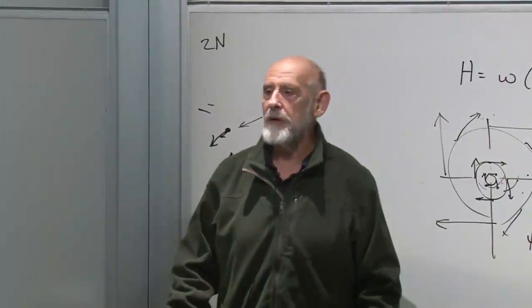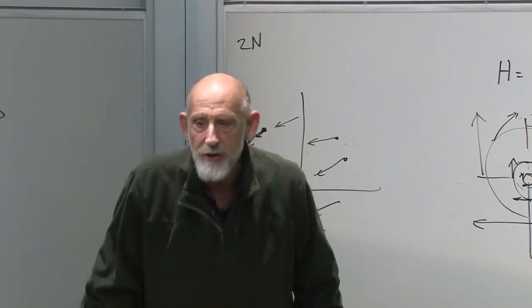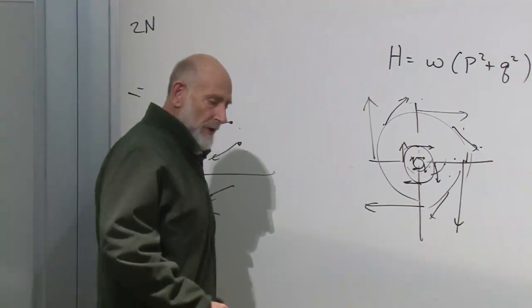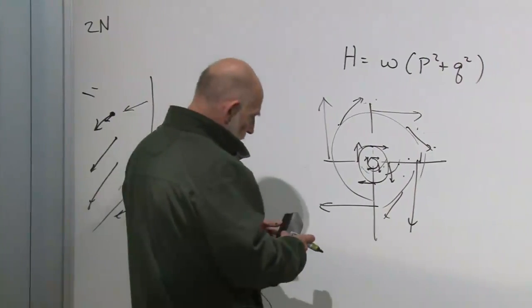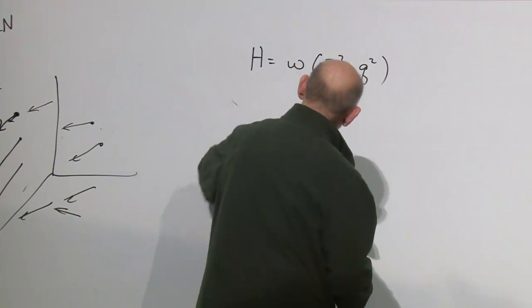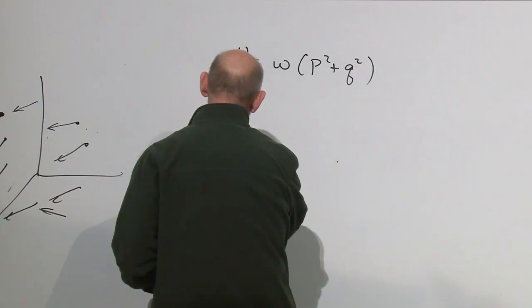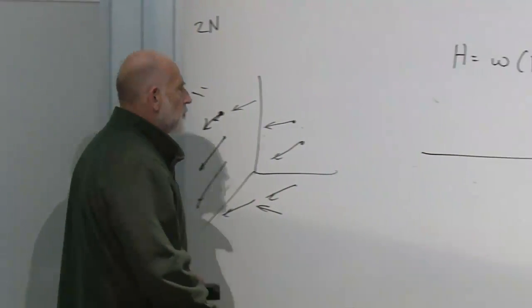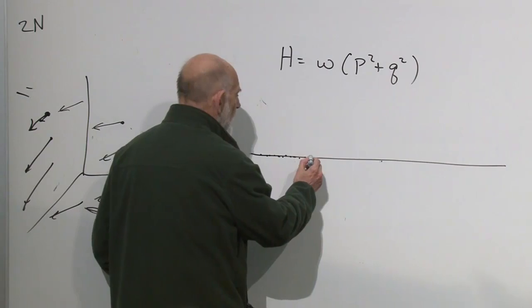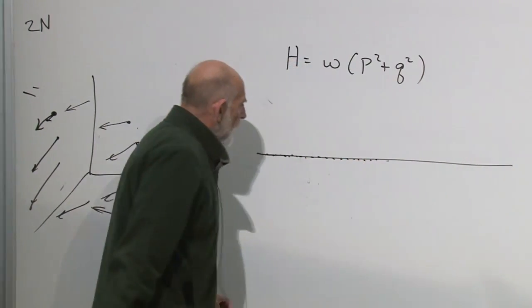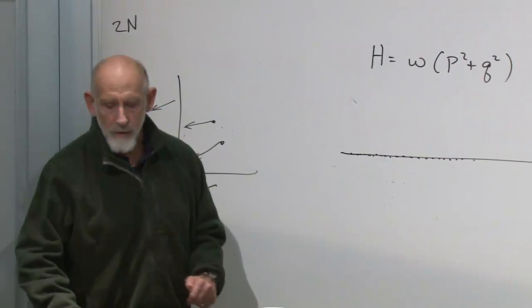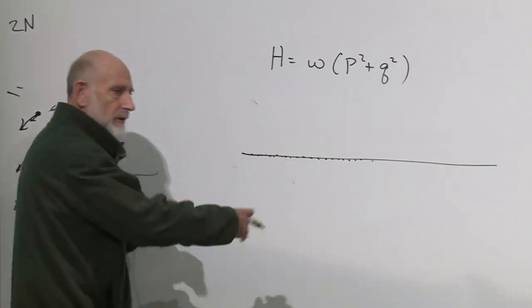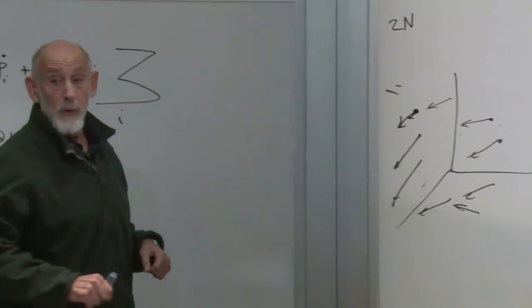Now, the question I want to ask about this fluid is whether it's compressible or not. Now, what does compressible mean? I'll tell you what compressible means by starting with a one-dimensional example. Suppose I have a fluid which is a one-dimensional fluid. In other words, it's just a collection of points moving along a one-dimensional axis. The fluid moves, and what I want to know is whether the points of the fluid get squeezed together and spread apart. In other words, whether the fluid is compressible.